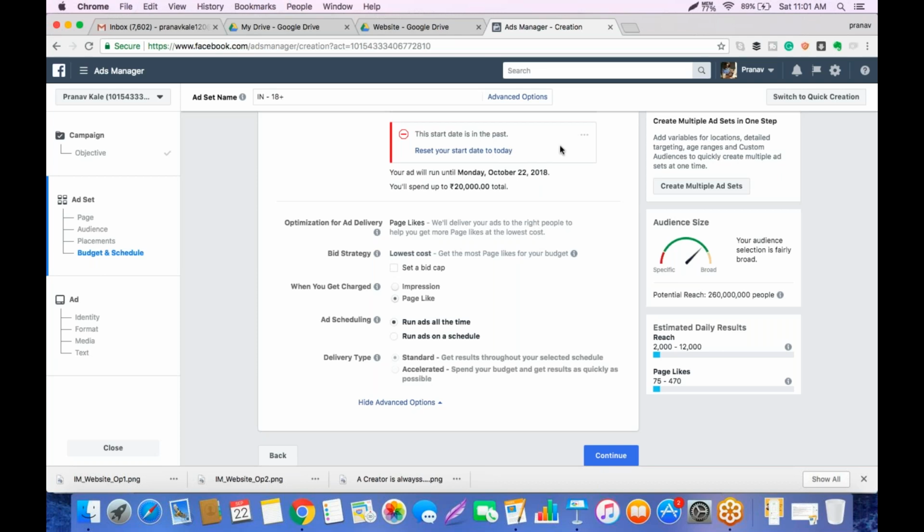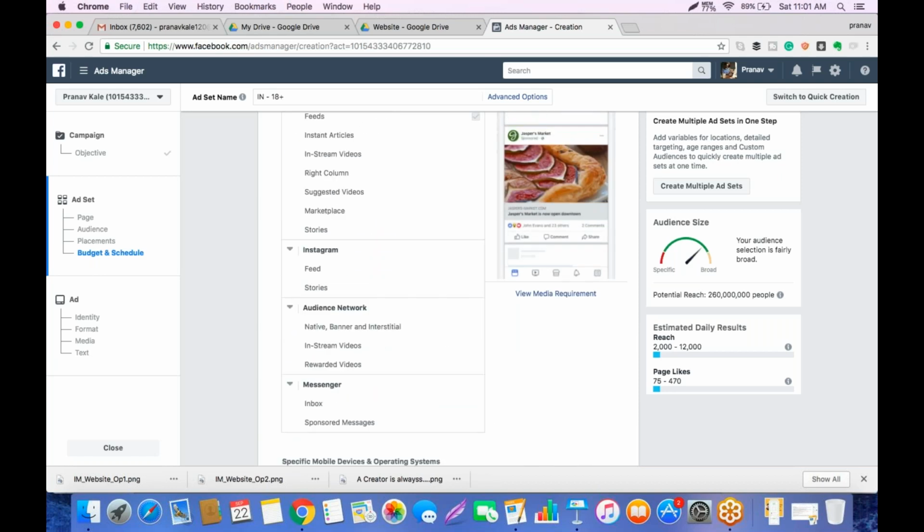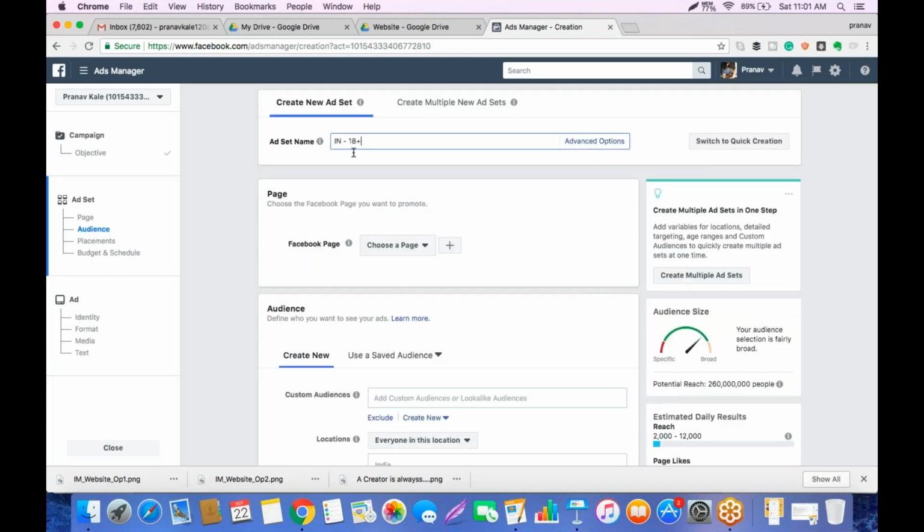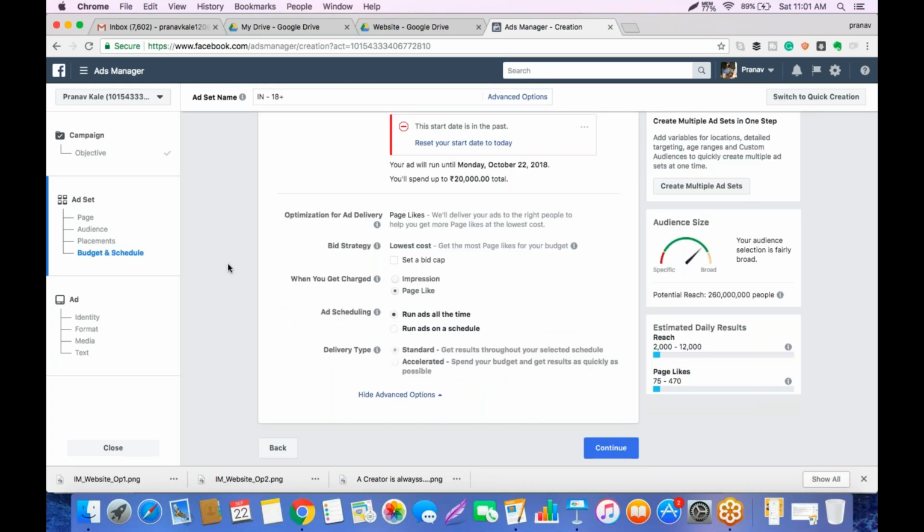Every ad has internal budget. Yeah, that's correct. Yes. So, see, every ad set, this is an ad set that we have chosen, and every ad set will have a different budget. Yes. In this case, if you have only one ad set in one campaign,